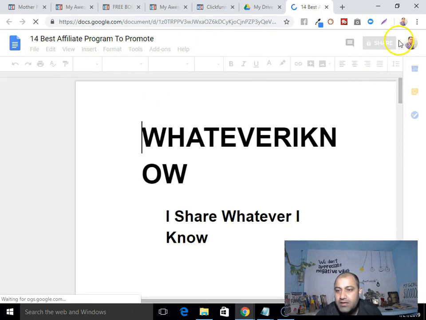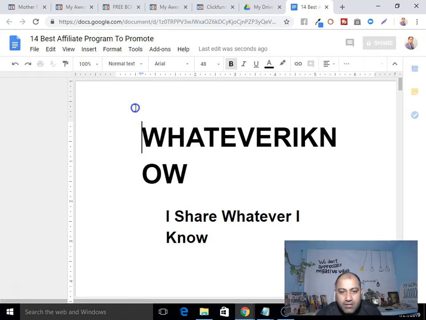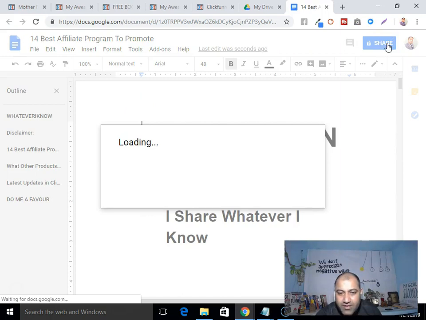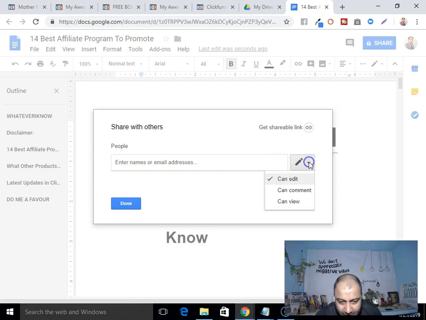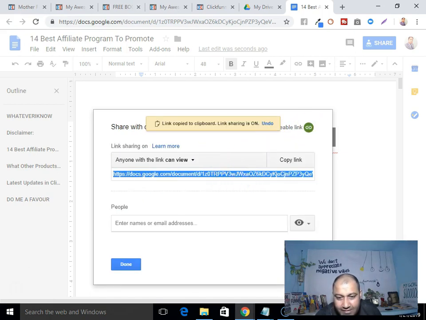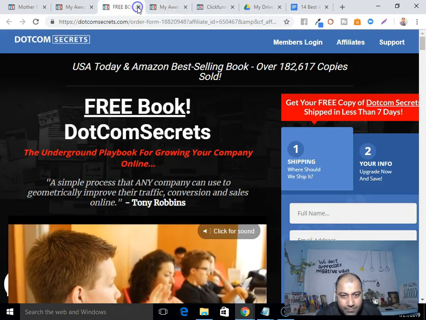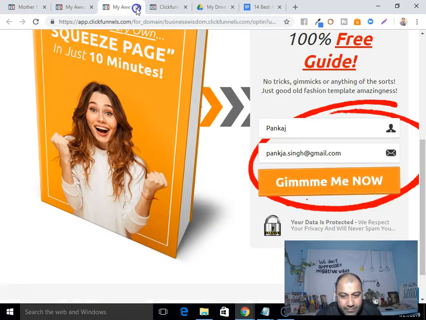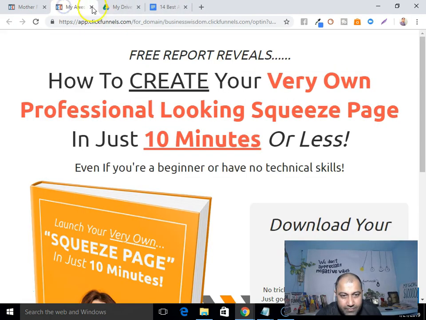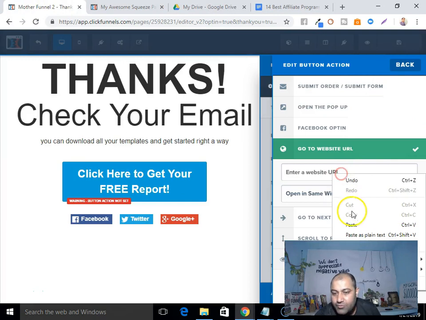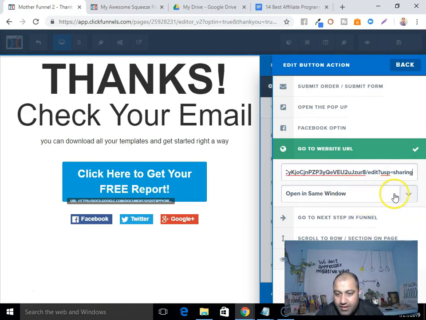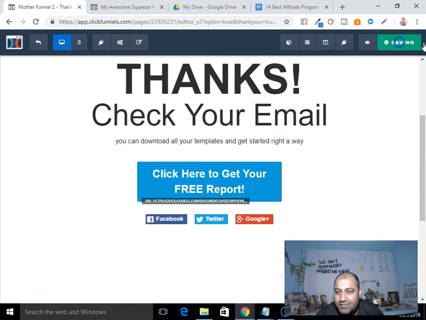And I can come right here, and if I want to share, what I need to do, you can say can comment, can edit, can view, right, and shareable link. So this is my link, right. So I have to put my link here, right, and enter, right, open in next window, right, and save, right